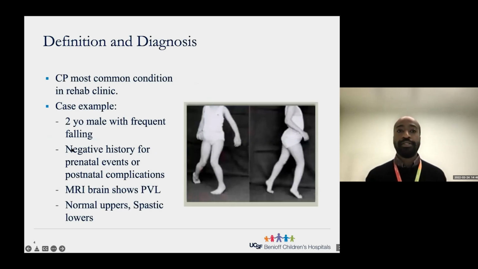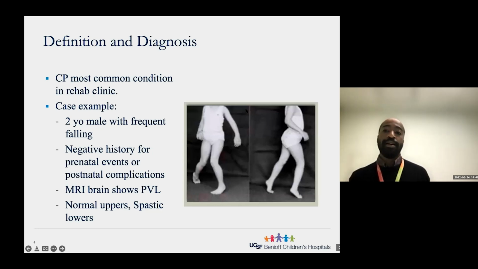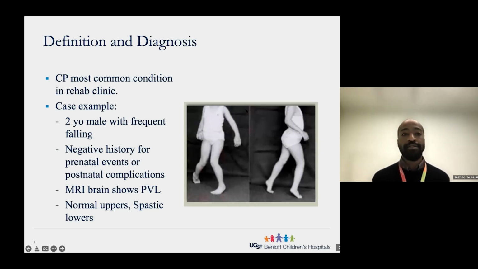So thinking of definitions, as Dr. Livingston discussed, cerebral palsy is the most common condition in pediatric rehabilitation clinic. A case example that I describe here is a 2-year-old who comes in, noting frequent falls, and toe walking. There's no history of any prenatal events or concerns. The postnatal course was uncomplicated, but perhaps the child saw a neurologist, or perhaps the PCP, given the concerns, ordered